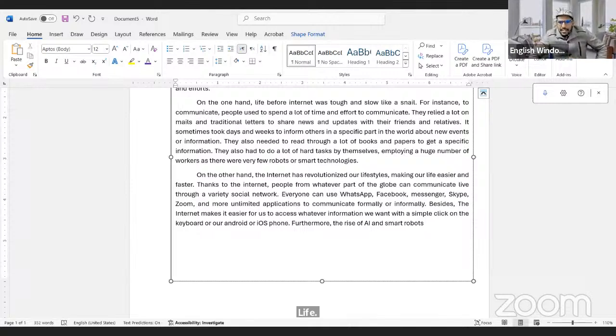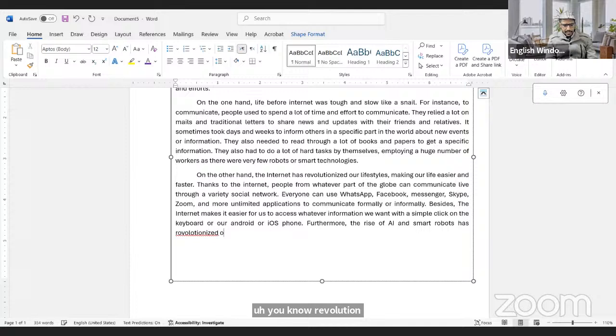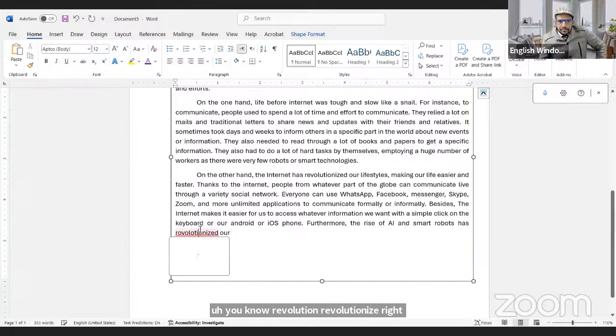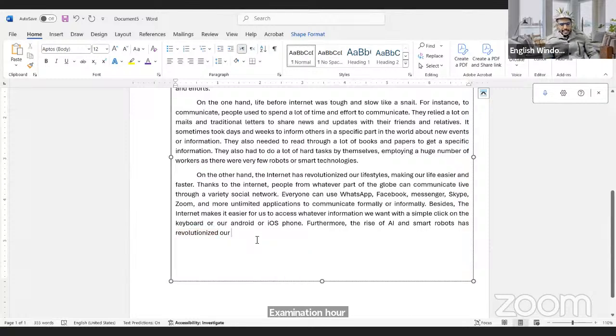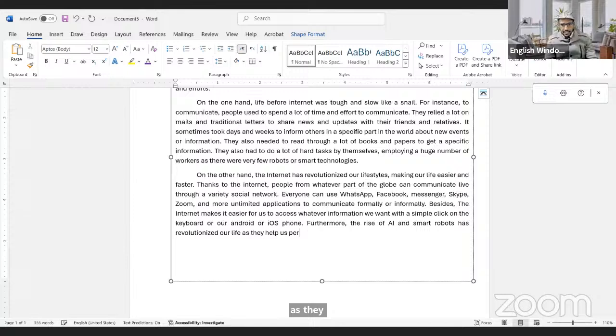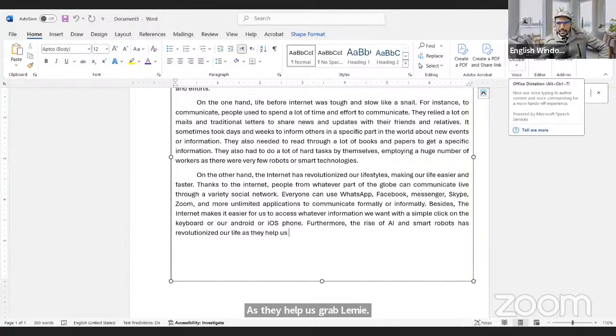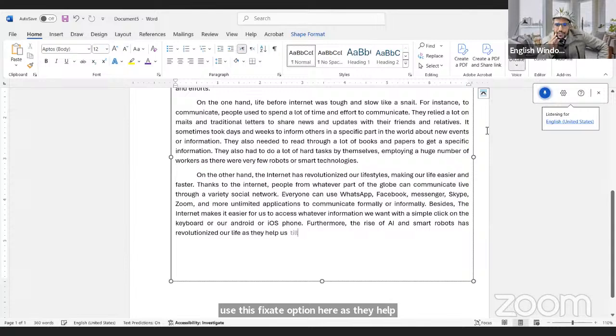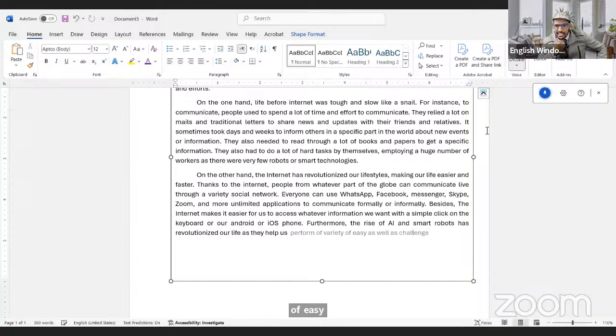So we could say the rise of AI and smart robots has revolutionized our life, as they help us perform a variety of easy as well as challenging tasks